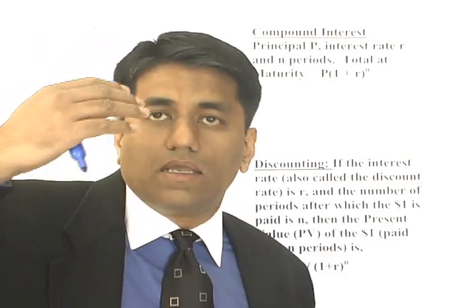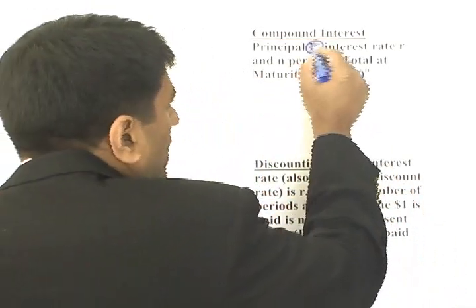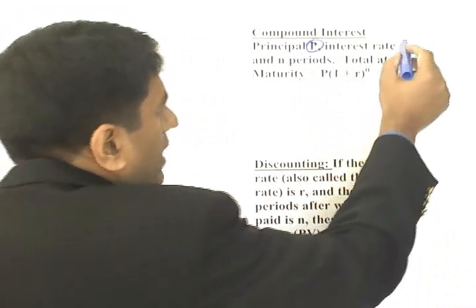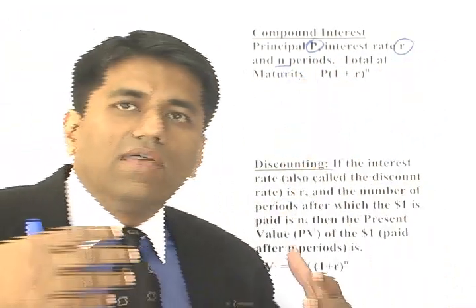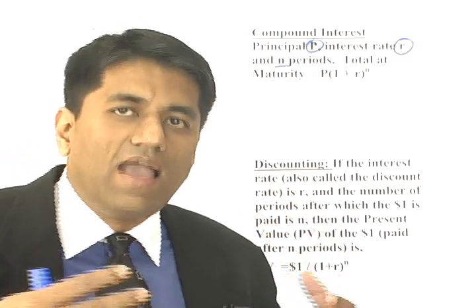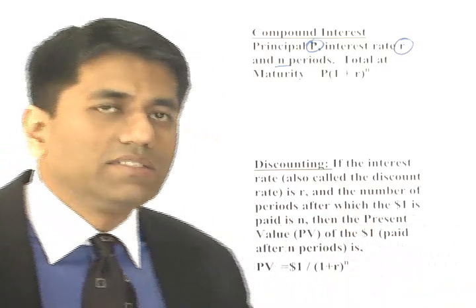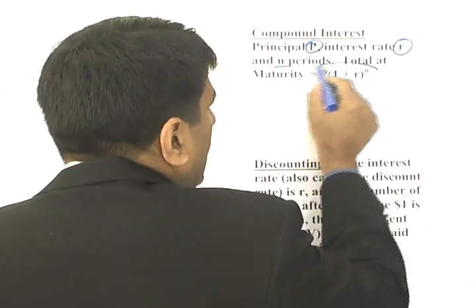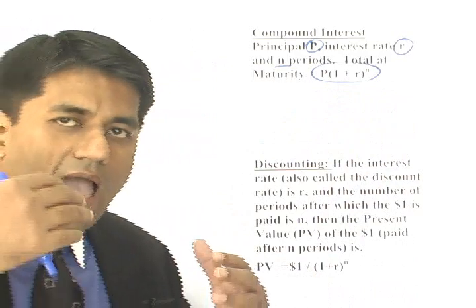So the question now is, if you have a principal P invested at an interest rate R for n periods, then how much money will you have at the end of those n periods? And the answer is P into 1 plus R to the power n. Now how does this happen? Well,